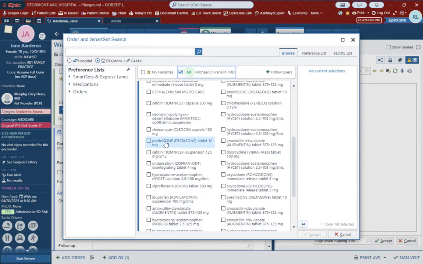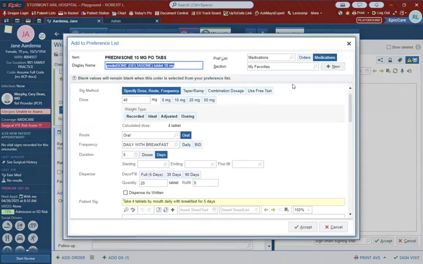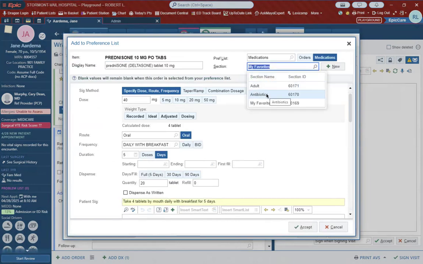So you hover and you right click and you say add to preference list. And since we have that medications thing, you're going to add it to medications. And you fill it out how you want. You could technically do it to antibiotics, but it's not an antibiotic, so we're going to maybe want to make a new category. So you just put it in my favorites, fill it out how you want it,